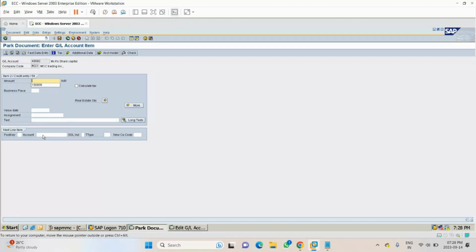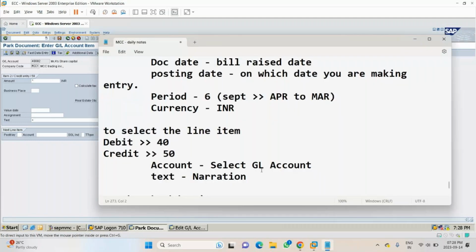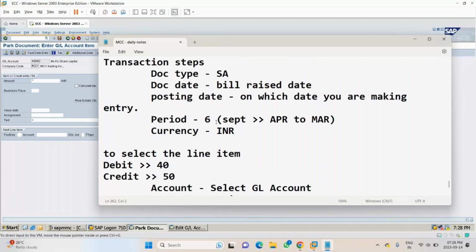To copy the amount, you have to give a star. To copy the narration, you have to give a plus, and then save it with Control S. Now you will get a message that the document has been parked with the voucher number which we have defined. The voucher number we defined here in the first step,